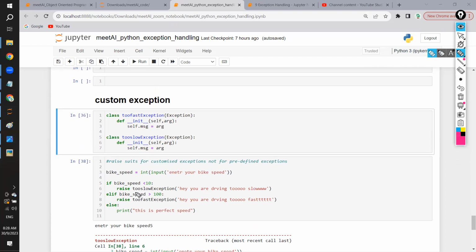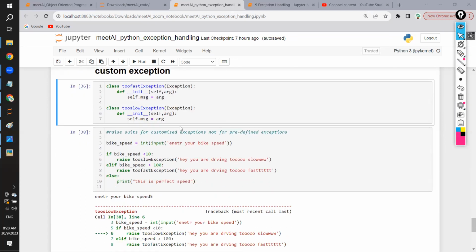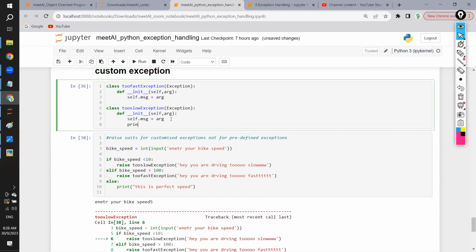The moment it says slow exception, it will go and check, hey, is there any slow exception? Yes. Then I'm passing the argument. What argument am I passing? You are driving too slow. That argument is going over here. Then it is raising an exception, as you can see. If I print here,